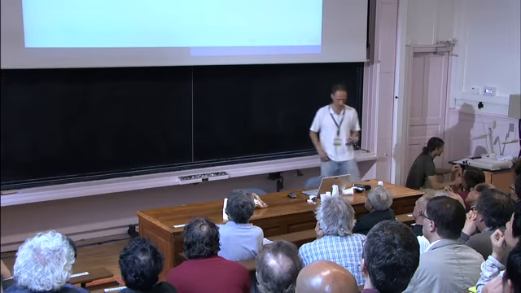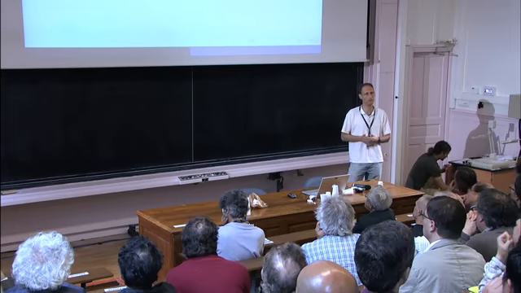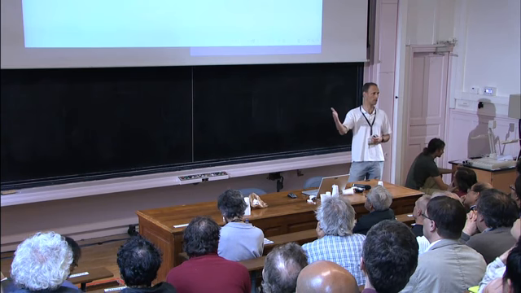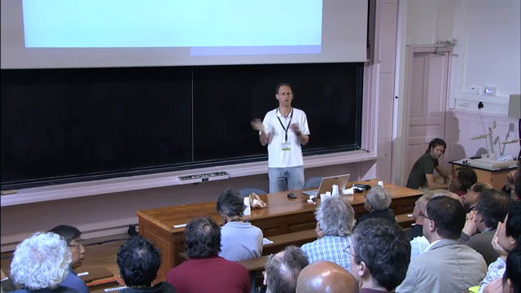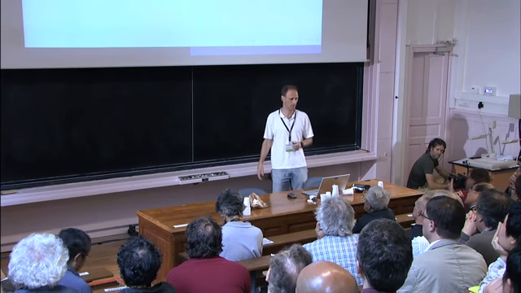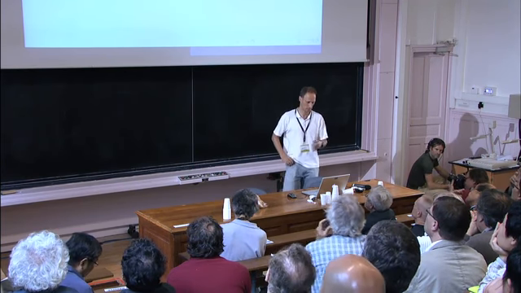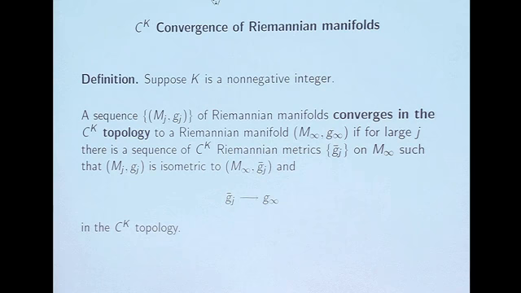So this just means you have a sequence of Riemannian manifolds. It converges to another Riemannian manifold in the C^k topology if the metric tensors converge modulo isometry. Okay, so more precisely, here's a non-negative integer k. I'll just say that a sequence of Riemannian manifolds converges in the C^k topology if, for large j, you can find